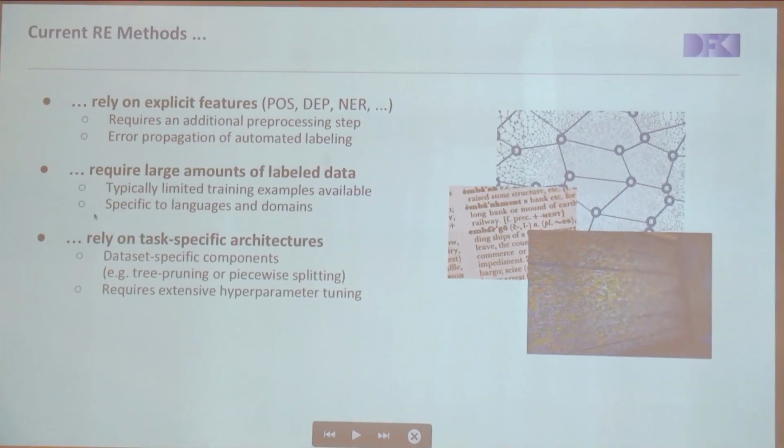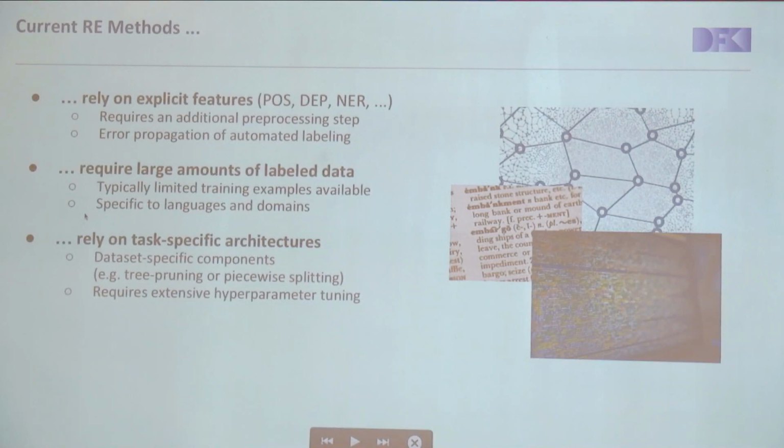Also, they require a large amount of labeled data, but this is generally not only a problem of relation extraction, and learning with limited data is obviously a major concern. And the third thing is that they often have very task-specific architectures, and we hope that we can make it more task-independent to, for example, further integrate